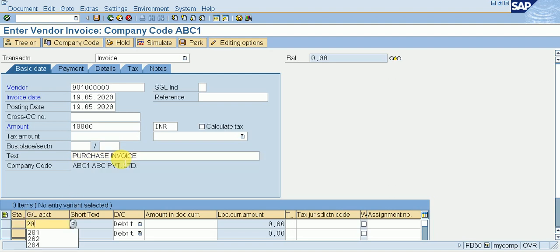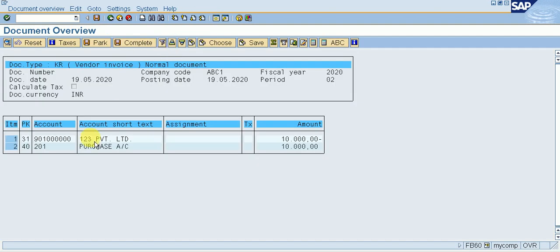My purchase account is 201. Amount star, text plus for copy, simulate it. We can see our entry here, purchase account debit to our vendor account, then save it.